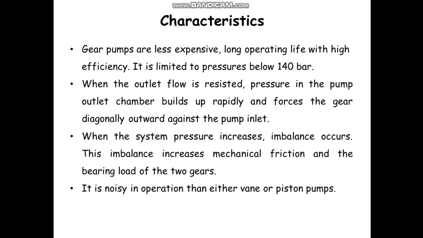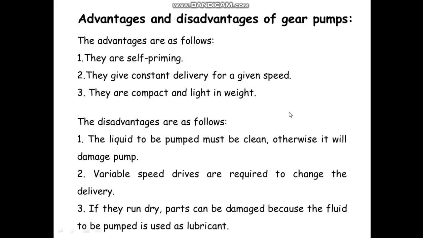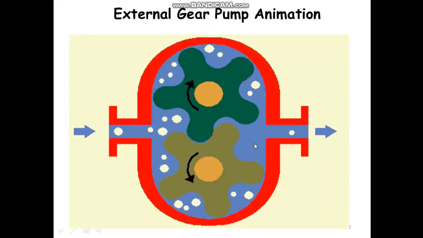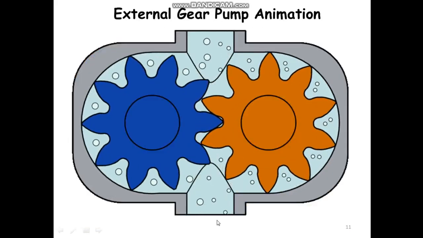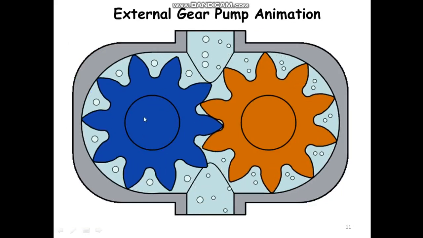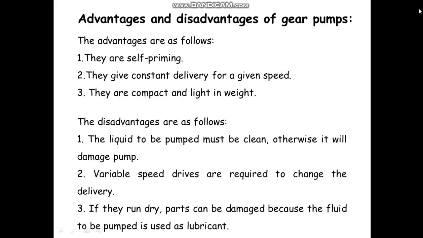As the gear creates more noise, gear pumps are noisy. They are much noisier than vane and piston pumps. The advantage is that they are self-priming, because there is no need to add liquid from the outlet. Whatever air is present in these packets will be removed once we start the electrical motor. That is why they are considered self-priming.